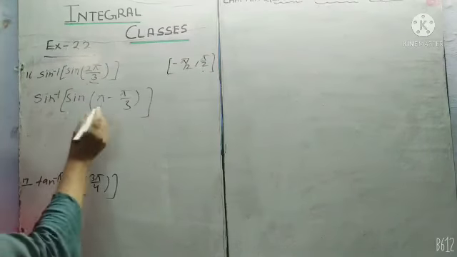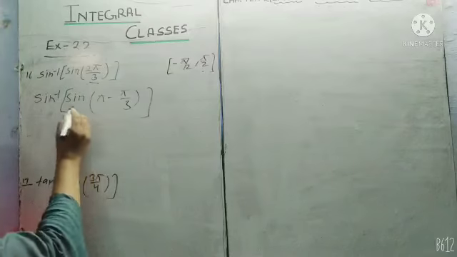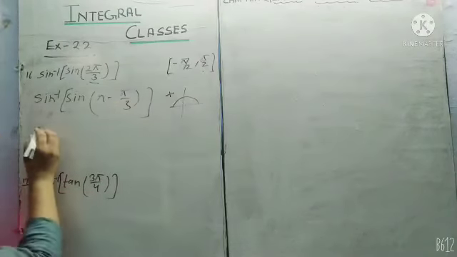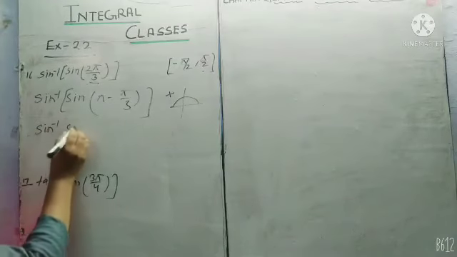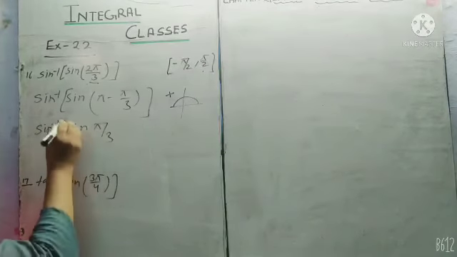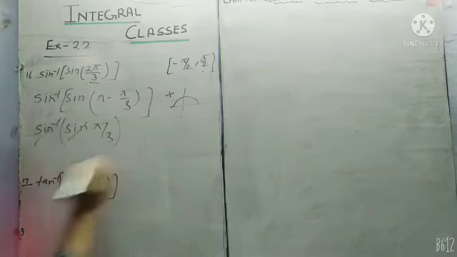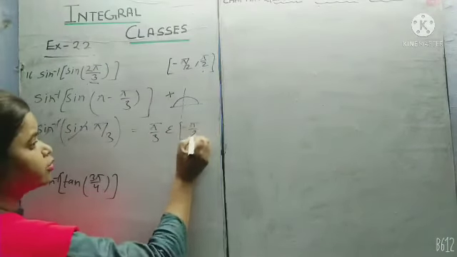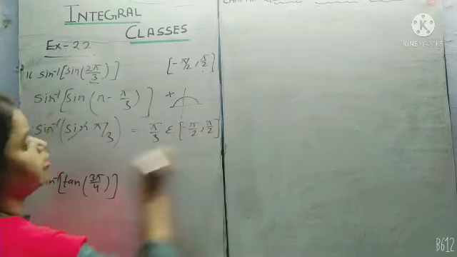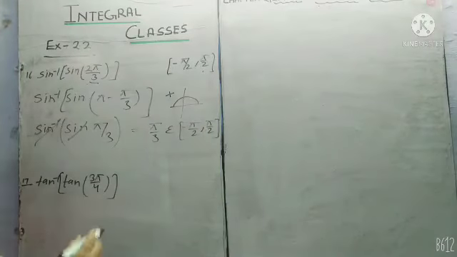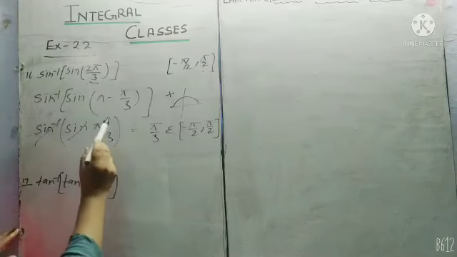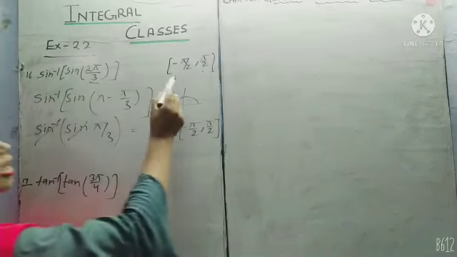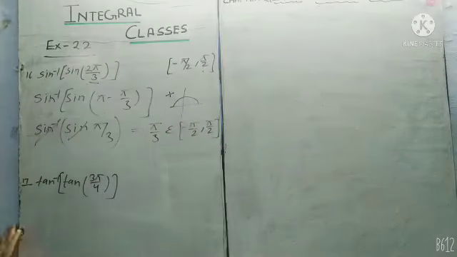Now sin of pi minus pi by 3 lies in the second quadrant, and sin is positive there, so we get sin inverse sin pi by 3. Now sin and sin inverse cancel each other, giving pi by 3, which belongs to the interval minus pi by 2 to plus pi by 2. It is the solution of this answer. So student, I hope you understood how we change this angle, because 2 pi by 3 does not lie between minus pi by 2 and pi by 2.